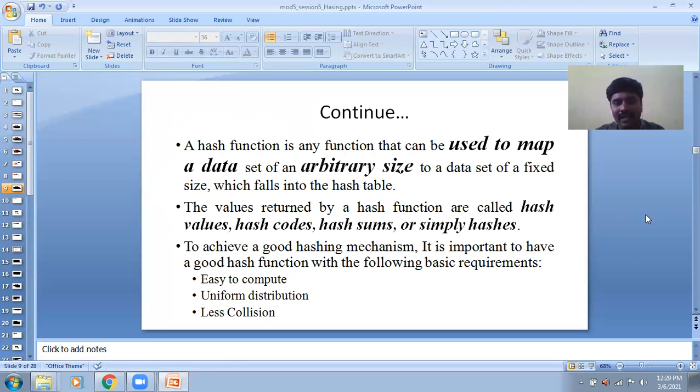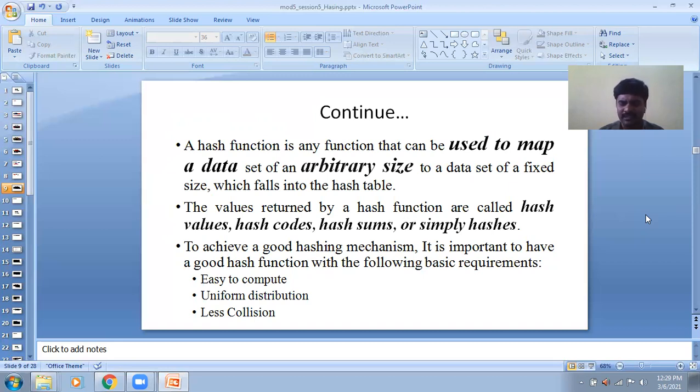To achieve a good hash mechanism, it's important to have a good hash function with the following basic requirements: it should be easy to compute, give uniform distribution, and have fewer collisions.